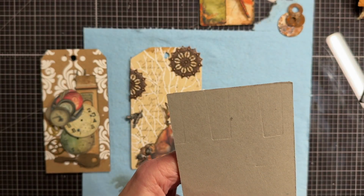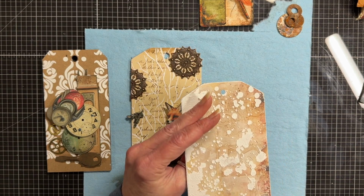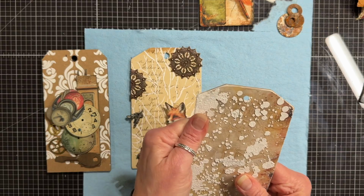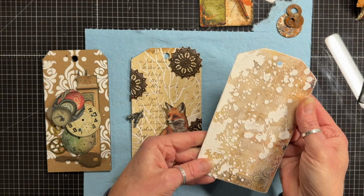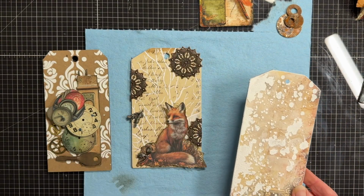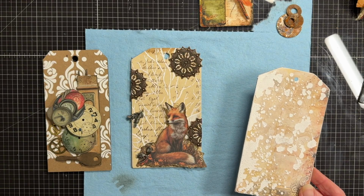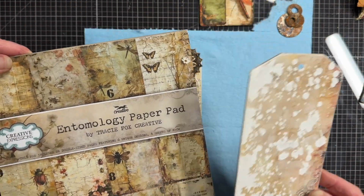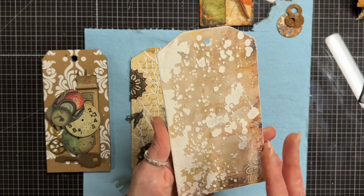I'm going to go ahead and poke that hole just so I can see where it is. These tags have a sticky base. I don't use the sticky part. What I typically do is go ahead and glue something on. In this case, this is a piece of paper from Tracy's, from the paper pad from Creative Expressions, the entomology paper pad. I just pulled a piece of that and glued it down, and then I added through stencils